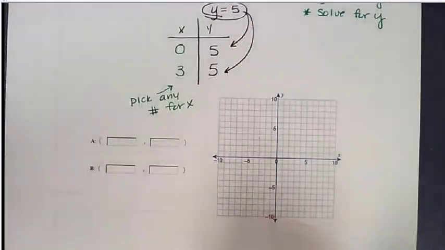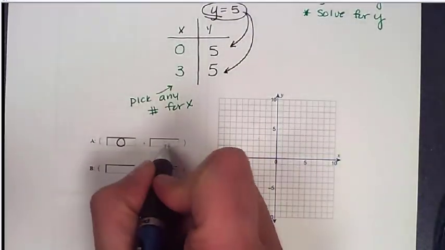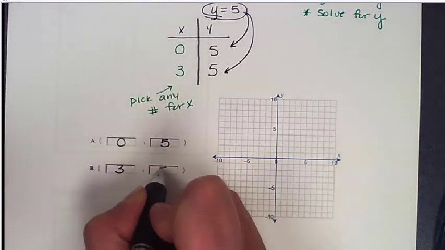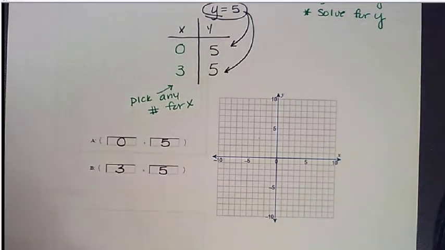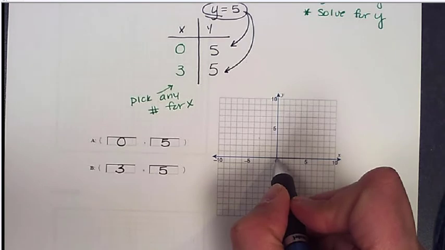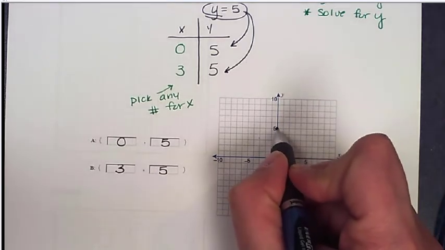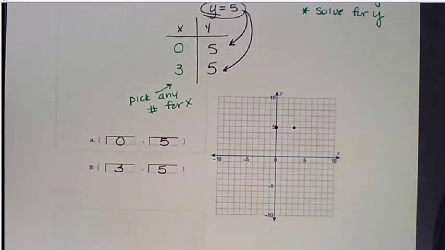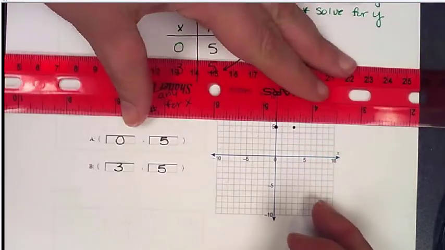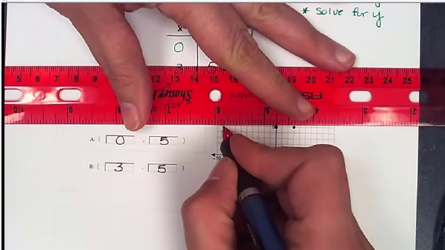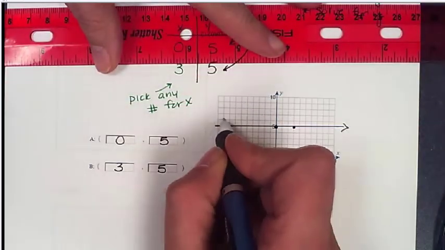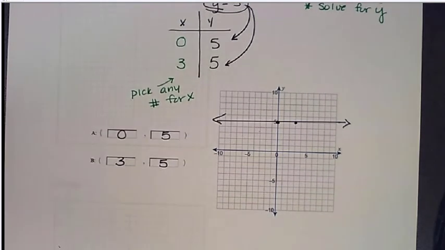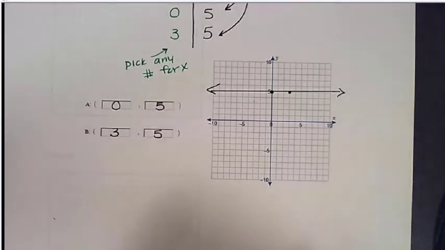So down here, we had 0 for our x, and remember y was equal to 5, and then we picked x to be 3, and again, y was equal to 5. So if we graph these 2 points, we have 0, so we're not moving left or right, we're just going to go up to 5. And then we have to the right 3 and up 5. And we're going to take our ruler and draw our line. And you'll notice this time, instead of getting a vertical line, we got a horizontal line at y equal to 5. So again, kind of like we talked about in our previous example,